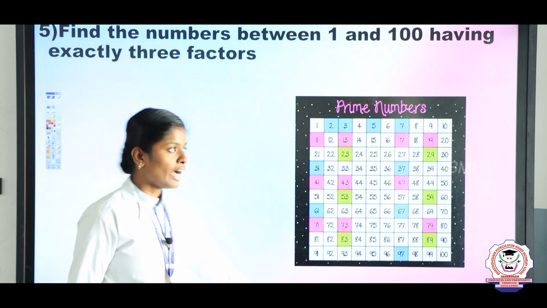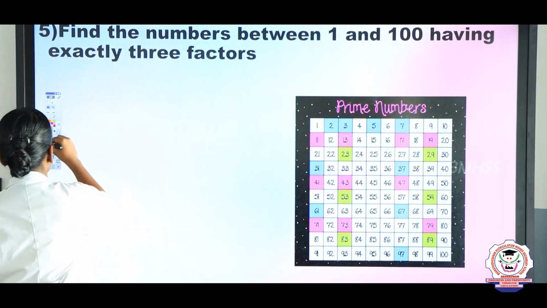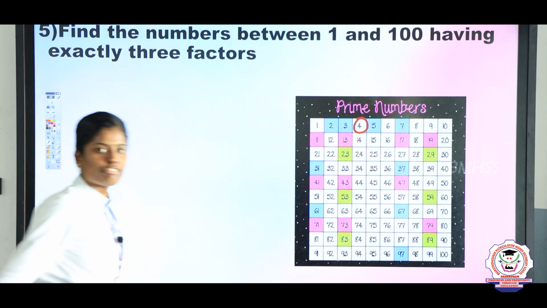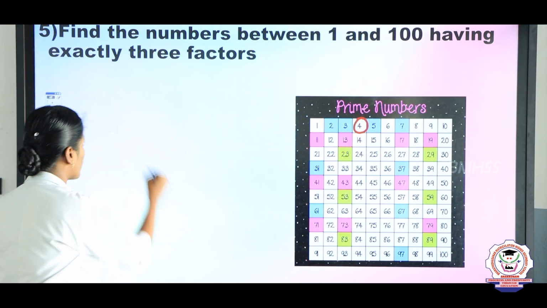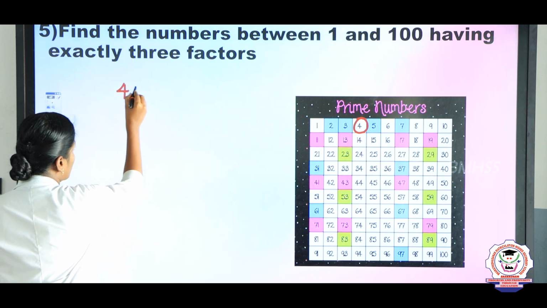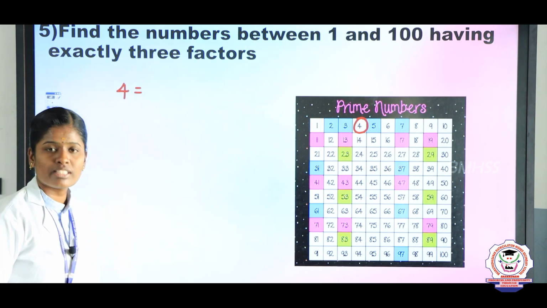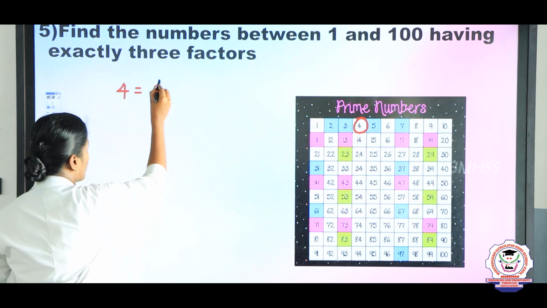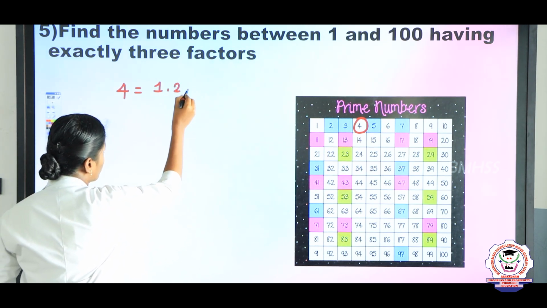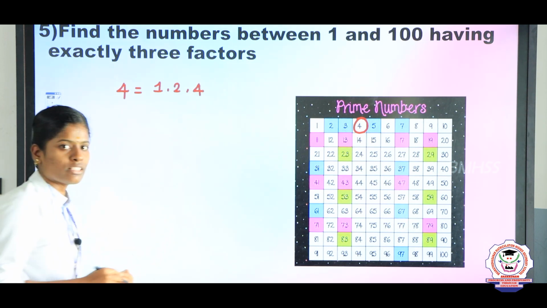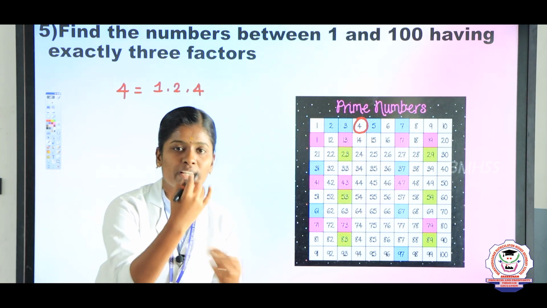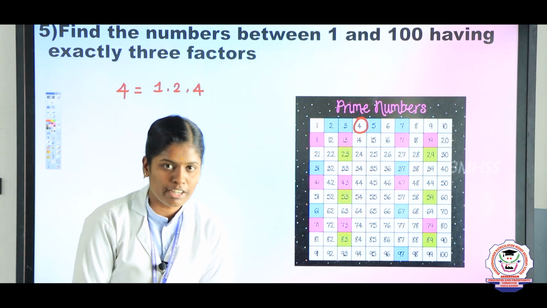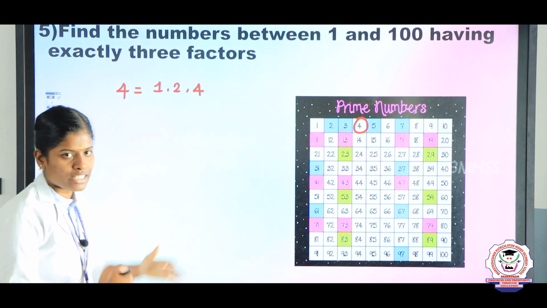So listen here, I will take 4 first. The factors of 4 are, so what are the factors of 4? Now tell me Diksha, what are the factors of 4? Very good. The factors of 4 are 1, 2, 4. How did you get the answer? Yeah, in the table you will check and you will get the answer. 1 4 is 4, 2 2s are 4 and 4 1s are 4. So these are called the factors of 4.